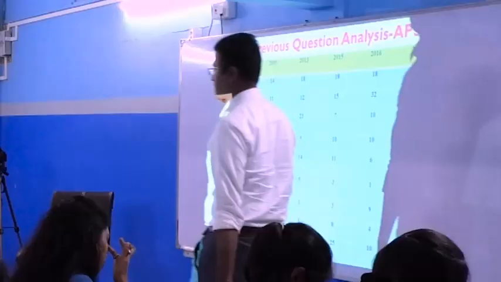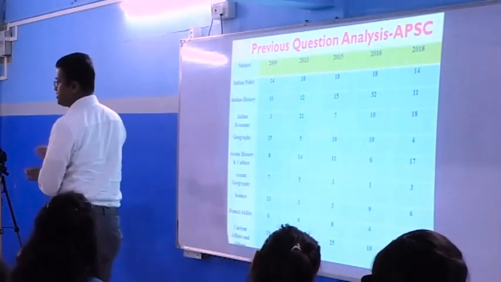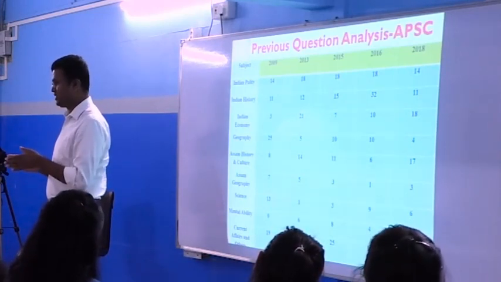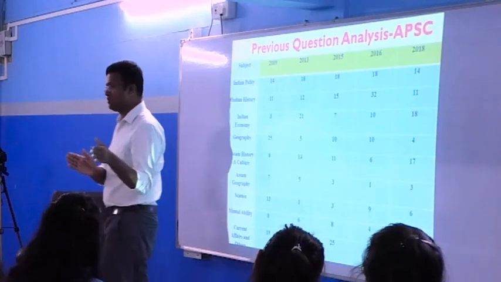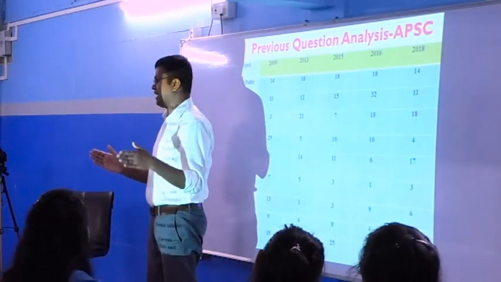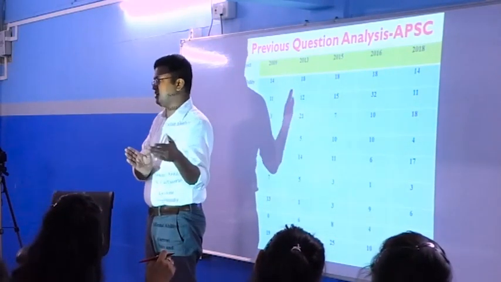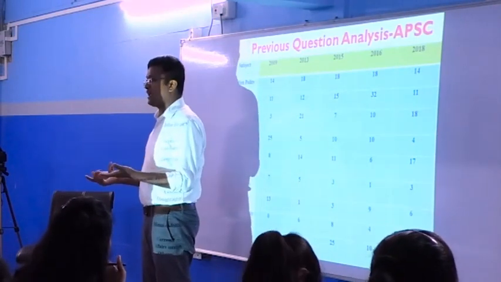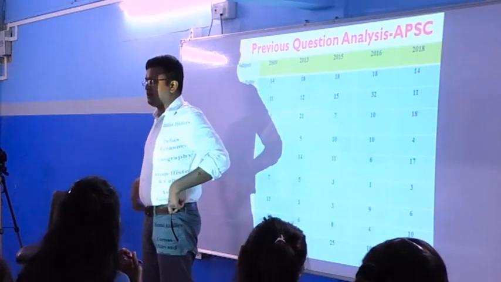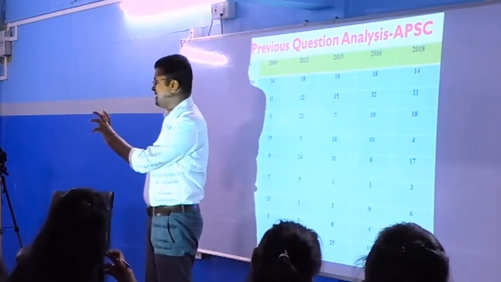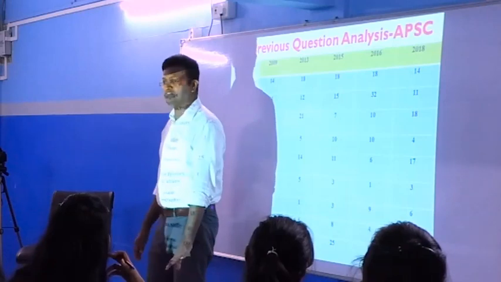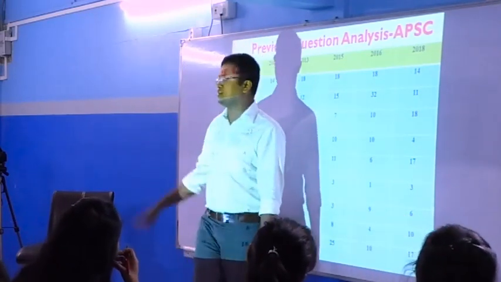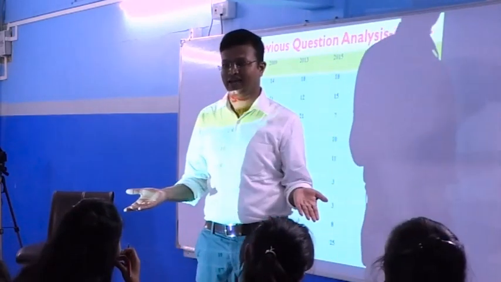Now we can click only now, and in March we will remove January to March, and I will add April, May, June. At the end of June I will remove January to March, and I will add the April, May, June magazine in the section. Because for the exam, I don't support the idea of preparing for the exam by taking stress and strain. Prepare for the exam, enjoy the preparation. That should be there. If you don't like reading the Hindu or the Assam Tribune, don't read it, and make an alternative for that.